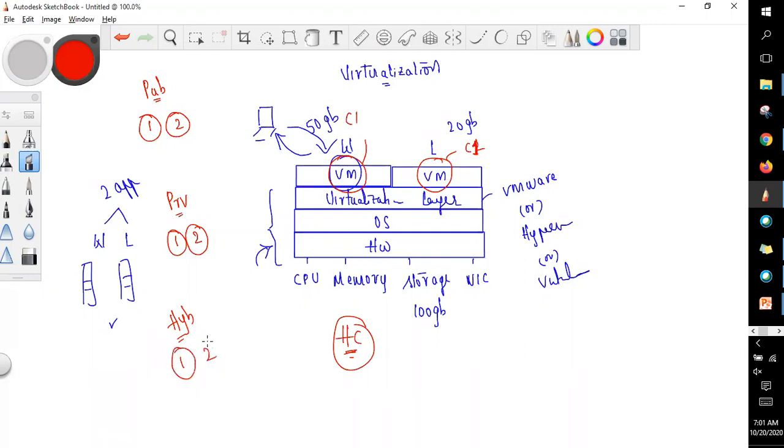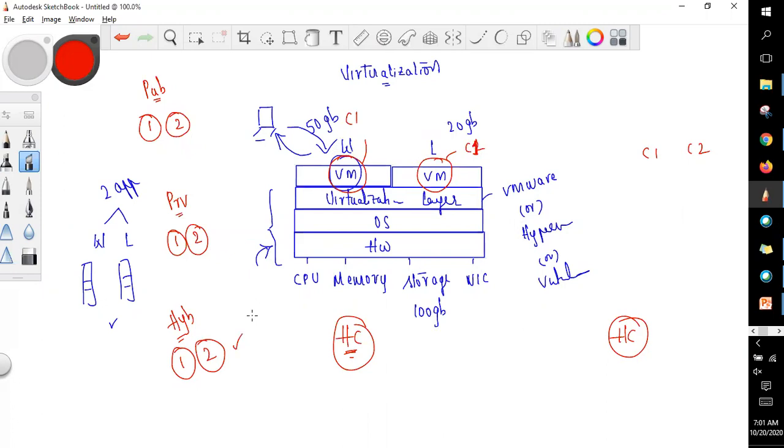Another definition. Let's take I have two host computers in AWS. On one server, I'm using a dedicated one, and on another server, I'm using a shared one. That means I'm using both. Again, it's a hybrid.